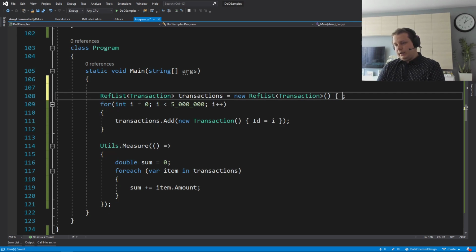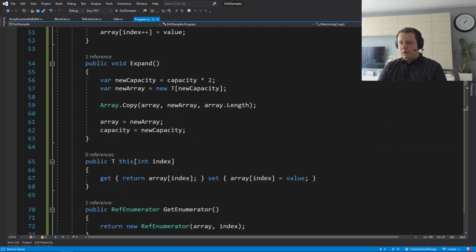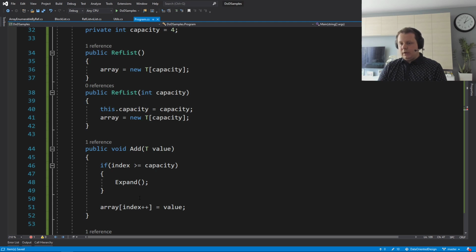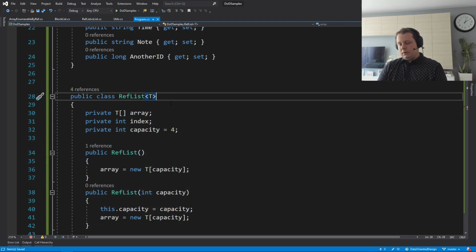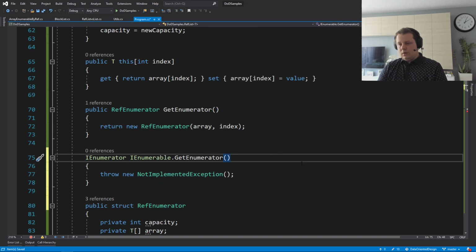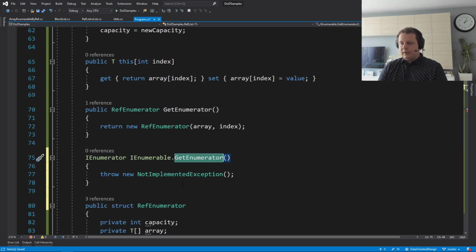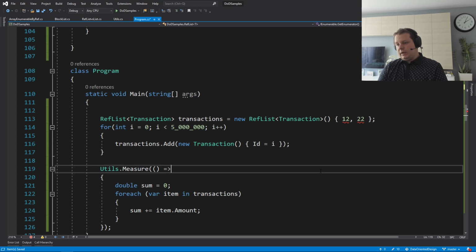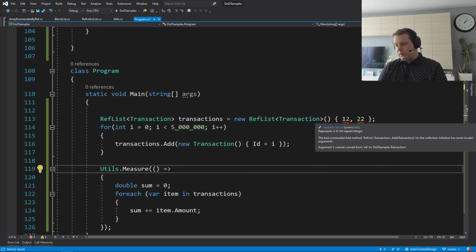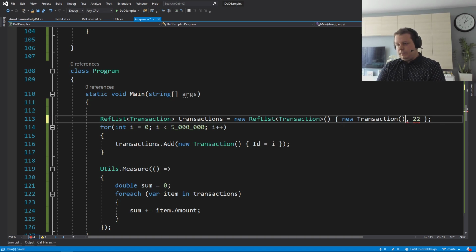So let's try and do the same thing on our newly constructed RefList. It's gonna crash because we have the signature of the Add function here, but we still don't have the IEnumerable. So let's actually implement the IEnumerable. So since we have this, we only need this, and let's just say that for now we're gonna have a not implemented exception. So what's the problem here? Oh, because we have transactions. So let's do a transaction,